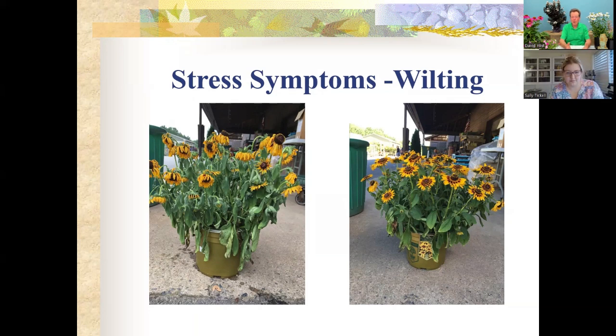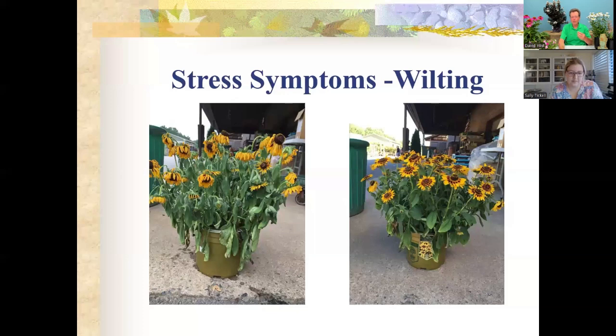I'm going into probably over detail on this because I figure you're a gardener, you're watching this. So this is an example of a plant that was brought to me at the clinic, and the customer was certain there's something wrong with the plant. And part of what I'm always trying to educate people about is there is nothing wrong with the plant. This is a normal physiological response to a plant that's not getting enough water.